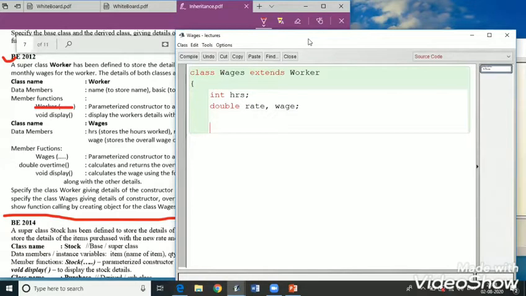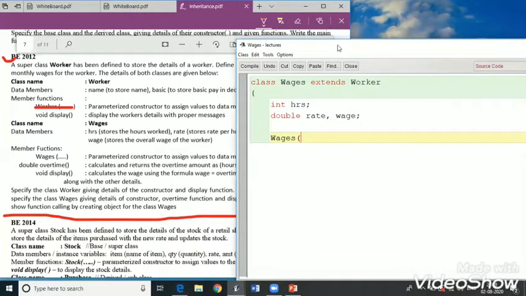Now let us take up the next function, which is the constructor. Now here we have to keep in mind that the derived class constructor is responsible to assign the values to the base class constructor also. So the derived class will initialize or will supply the values for the data members of the base class as well as the data members of itself.